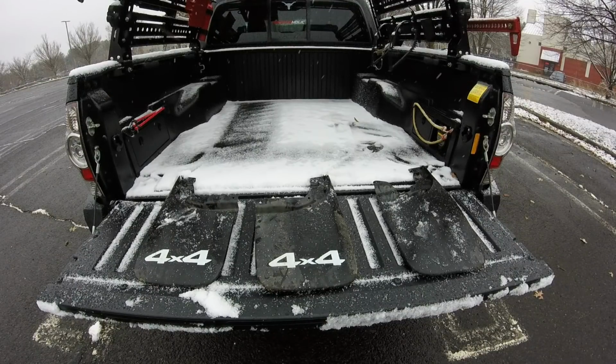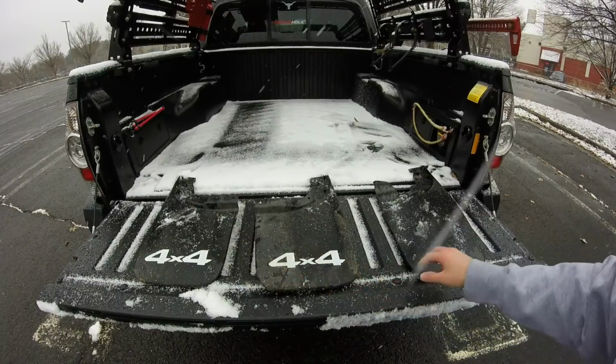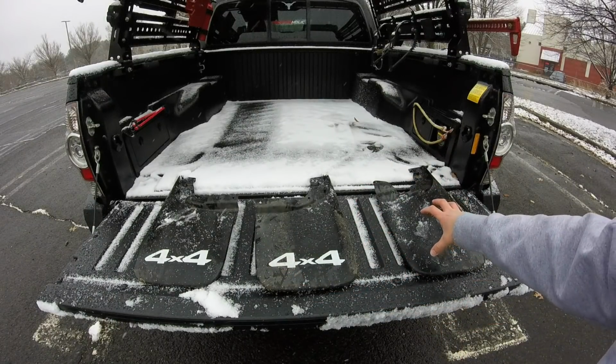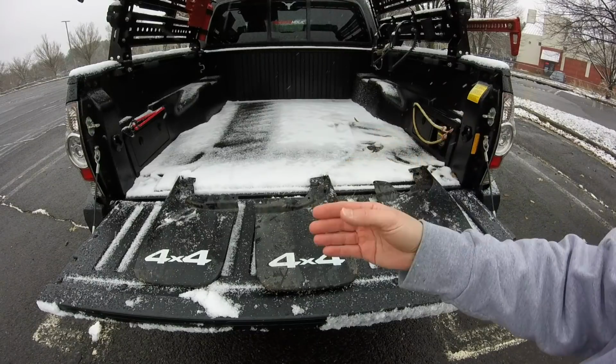So what you're looking at right here for me is a complete set of the factory mud flaps. You might say, well, that's only 3 of them, and yes, because the very first time I went off-road, you can see I have the 2 rears and only 1 front. I guess I had backed up a little bit, and this was hanging down so low that it got sandwiched